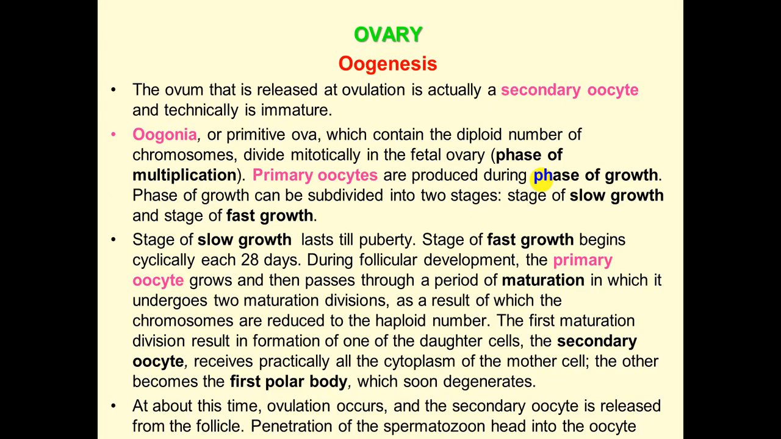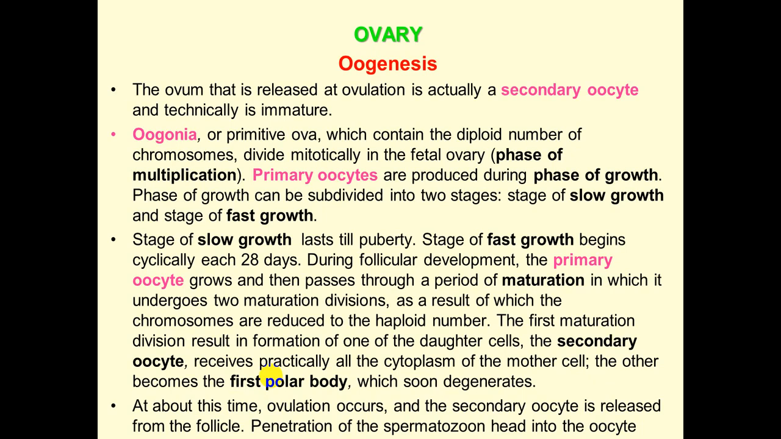Then start the next phase of ovogenesis, the phase of maturation. So the first maturation division results in the formation of one daughter cell, which we call the secondary oocyte, and the first polar body. As you remember from spermatogenesis,